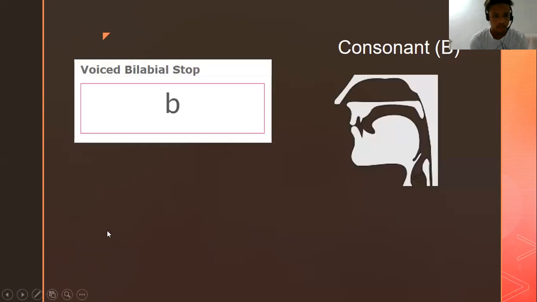The consonant B. It is a voiced bilabial oral stop. Its manner of articulation is occlusive, which means it is produced by obstructing airflow in the vocal tract. Since the consonant is also oral, which means non-nasal,